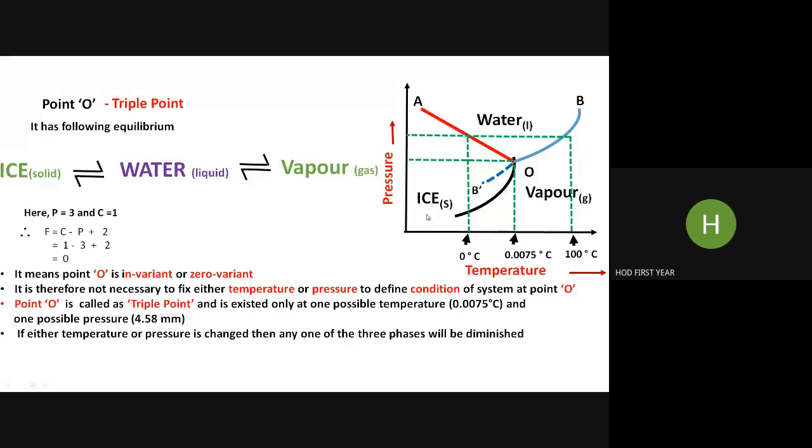And if a specific question is asked on triple point, you just draw a simple diagram. No need to label everything. I mean, phases you must label, but these points are not needed. Only triple point condition you need to specify. Other conditions are not required. Okay, just draw these four curves and label the three areas, and give condition of temperature and pressure only at point O, if a separate question is asked on triple point. Okay?